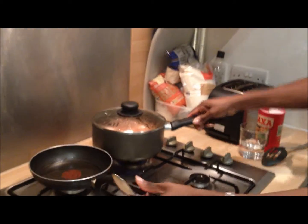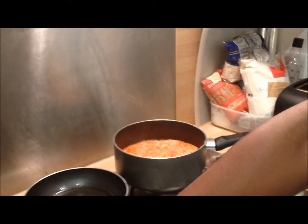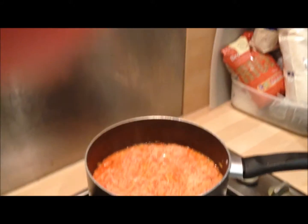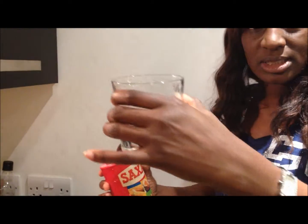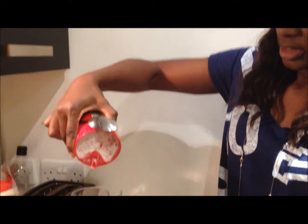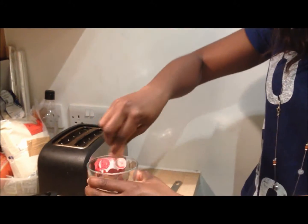Okay, so now we're just back to our jollof rice that has been cooking for, what, 15-20 minutes. As you can see, it's steaming nicely. But what I've actually done is, I've forgotten to put the salt. But no harm done. All you need is to take your glass of water, dump some salt in there, as much as you need, mix it a little bit,